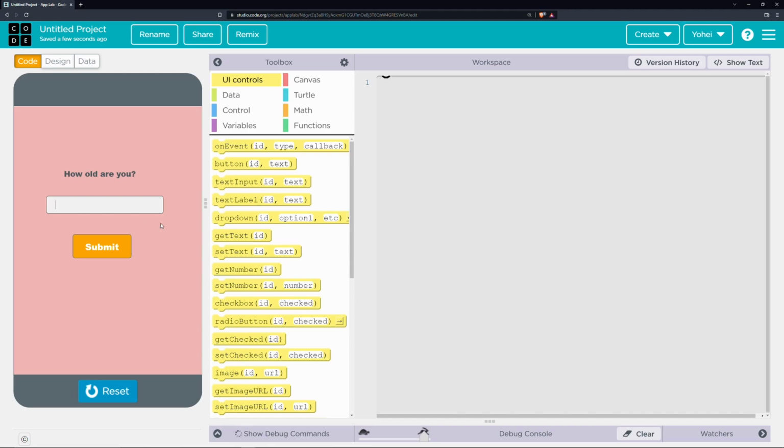So first thing I want to do is, let's just do one step at a time. When I click submit, that's obvious, right? So when you click submit, you want to go to the next page. So maybe we can code that. That's an easy one to code. So when you click submit,